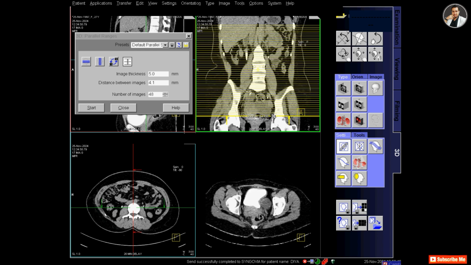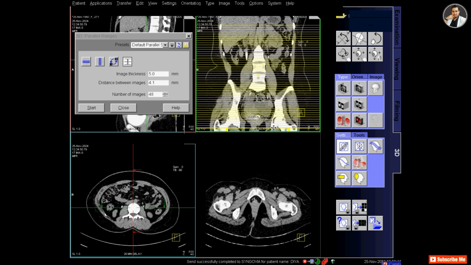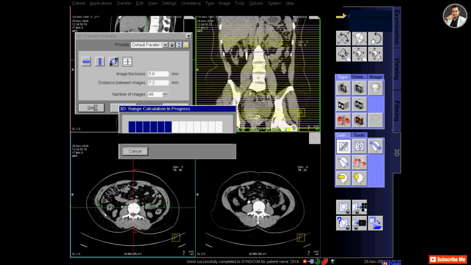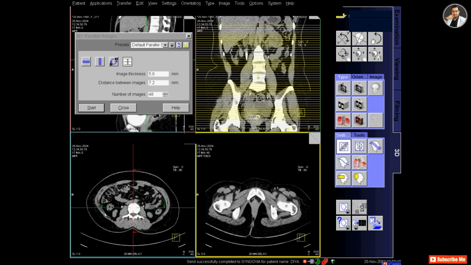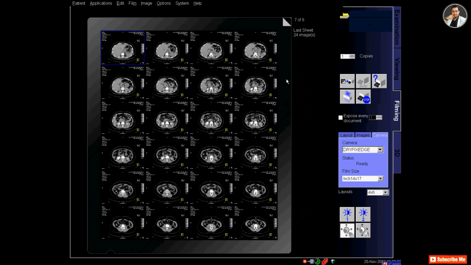So this is a 20-minute scan of the excretory phase, or urogram. From this scan I am making the axial images and taking the 48 slices to the filming.